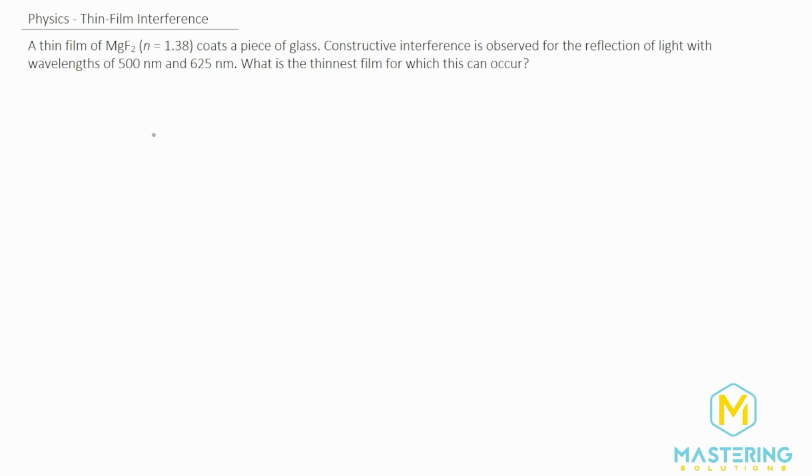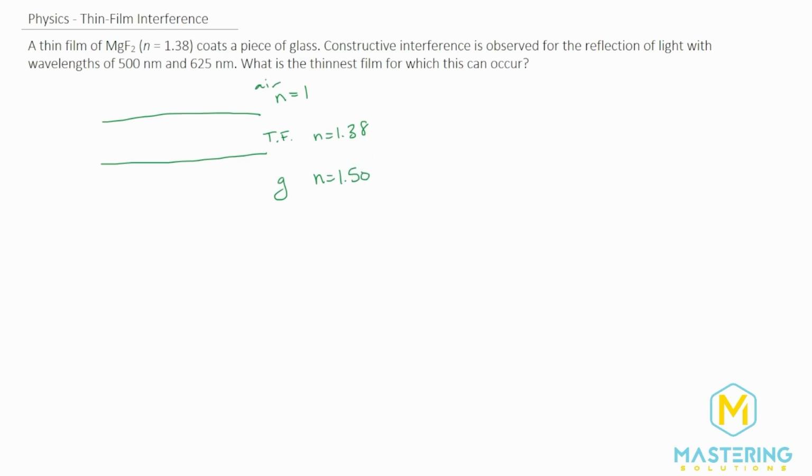This problem can be a little bit tricky to set up, so let's start by drawing a picture and working our way through it slowly. So we have a thin film, and we know that we're in air up here, which is going to be index of 1. And then this is our thin film. Our thin film is magnesium fluoride, which has an index of 1.38, and that's sitting on top of glass. So the glass will say has an index of 1.50.